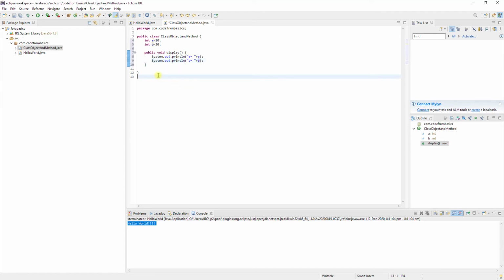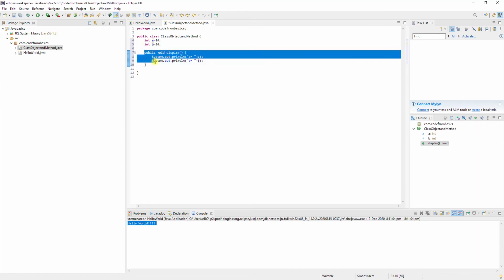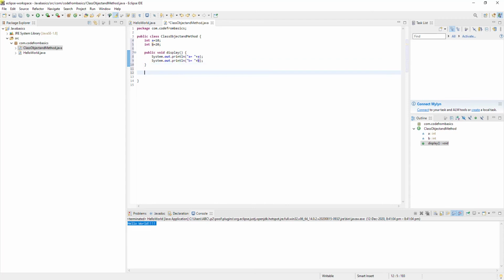That's all. Now I need to call this method. This will not execute automatically. As if we have a switch for fan or home, the fan will not run until you switch on. The same way, until you call it, these two lines will not be executed. So I need to call it. What I'm going to do is create a main method. Just type main, control space, press enter. It will complete the main method syntax for you.